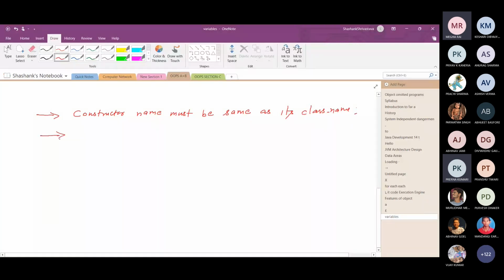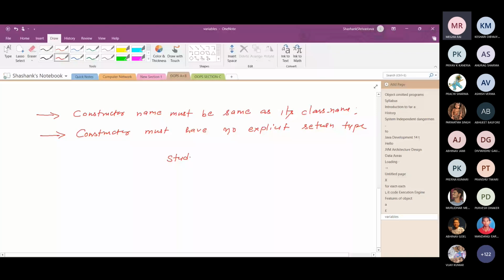Another rule: because a constructor is only used to create or initialize the object, a constructor must have no explicit return type. You can create the constructor like this: student and a block of code.